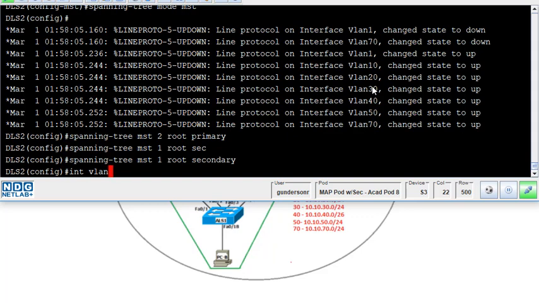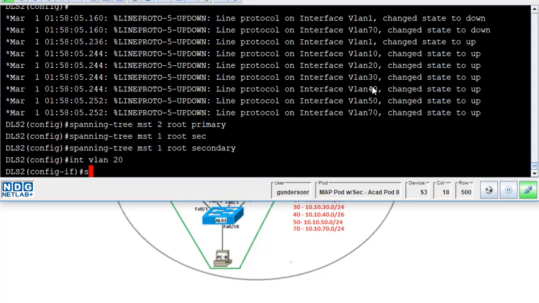My actives for DLS2 are 20, 50, and 70. So let's go ahead and do those first. In VLAN 20, standby 20 IP 10.10.20.3. Remember, the standby IPs can match. Nowhere else can you have directly connected interfaces where their regular IPs match, right? They have to be in the same subnet, but they can't match. But your virtual IP needs to match. In fact, that's the IP we'll use for things like our default gateway. So standby 20 IP 10.10.20.3,